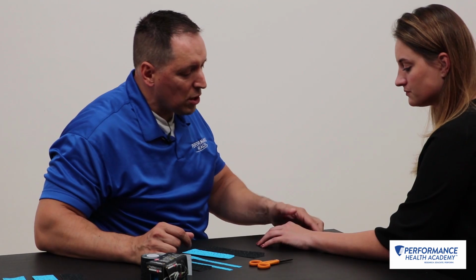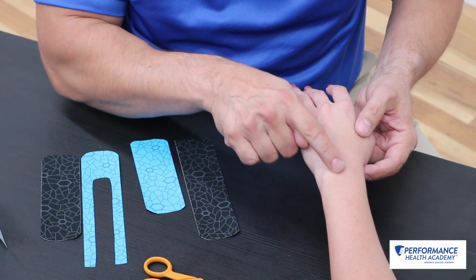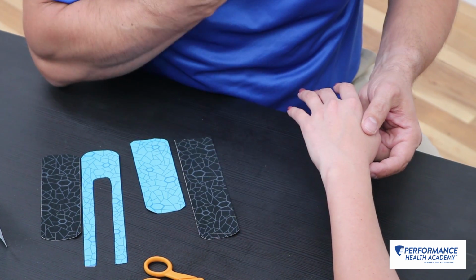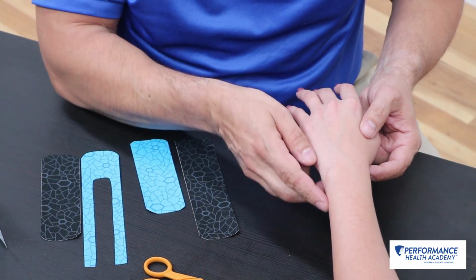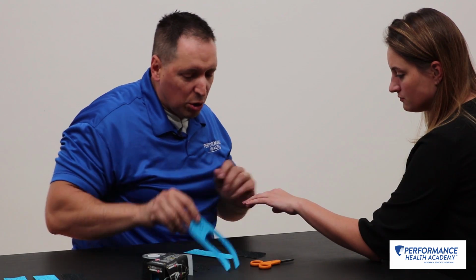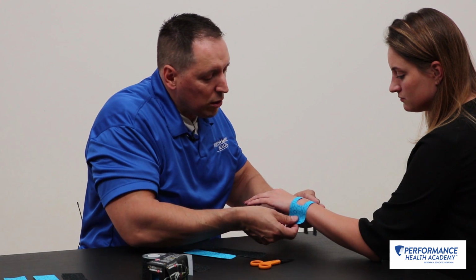This taping technique is a nice taping technique for ulnar-sided wrist pain, maybe distal radial ulnar joint laxity, or maybe TFCC injuries here, or even a little triquetral pain or ECU tendonitis on the ulnar side of the wrist. So what you're going to do is create a U horseshoe shape that's going to go along